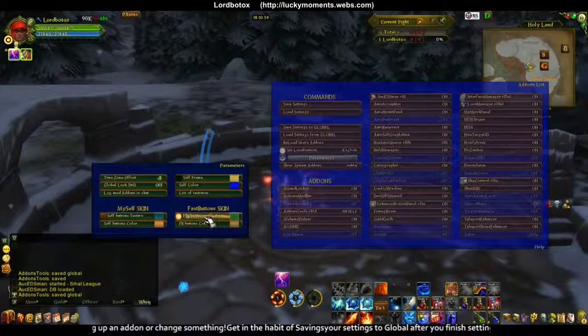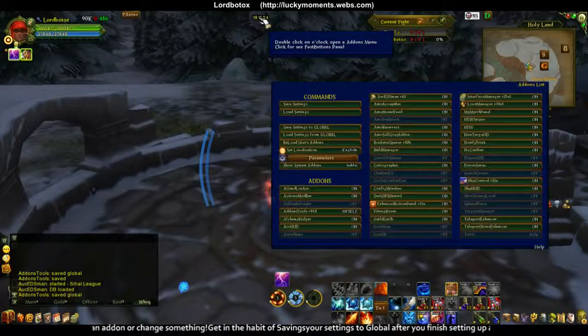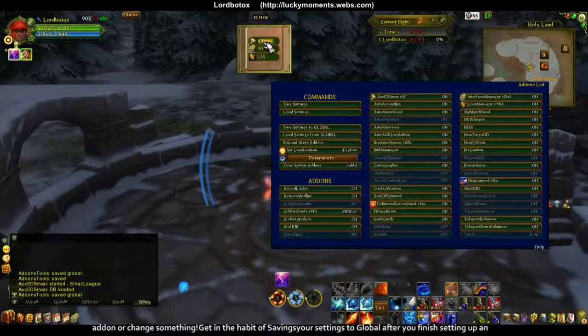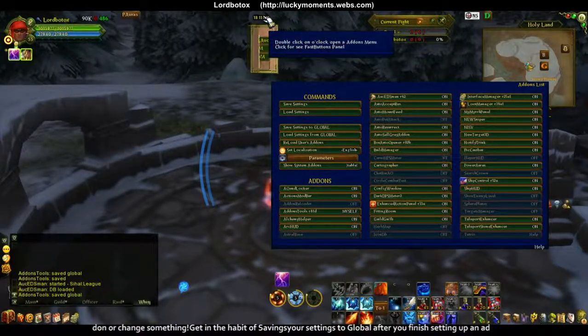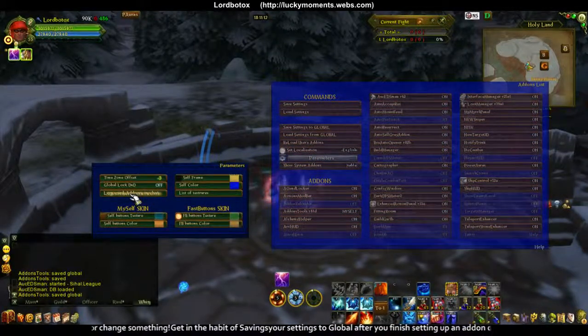The fast button skin, these bottom two that are for the texture for the buttons and the color, is for this last menu right here. So if we wanted to change those buttons, we can change them right there on that. The other thing that you can do here,